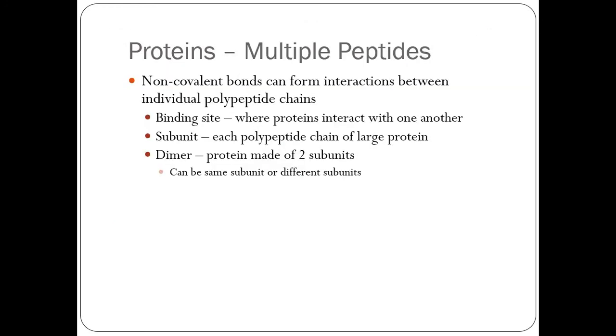And proteins, so we have multiple peptides, diba? So non-covalent bonds can form interactions between individual polypeptide chains. So for example, katong sa hemoglobin na you have four subunits, diba? You have 2 alpha and 2 beta subunits with iron at the center. So these 4 subunits interact with one another, and ang interaction na ni class